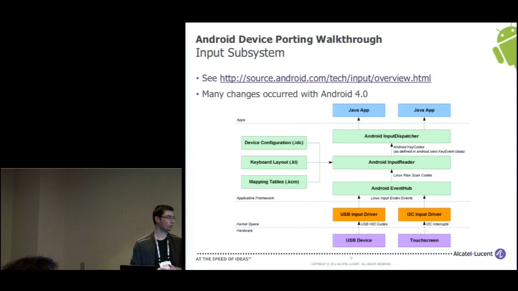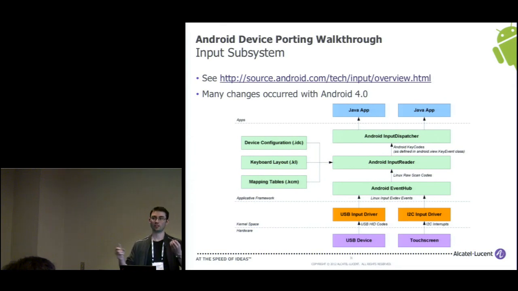So the usual stuff that you have within Linux, at least, are these parts, meaning that you have the support for the hardware, like, for example, a USB device like a keyboard or a touchscreen that can be wired through I2C. And then within the kernel space, you just implement drivers whose role is to map the hardware and create some Linux evdev events that are the reference way to provide the input information to the applications. And what Android does on that is that they have created a daemon which is called the Event Hub,